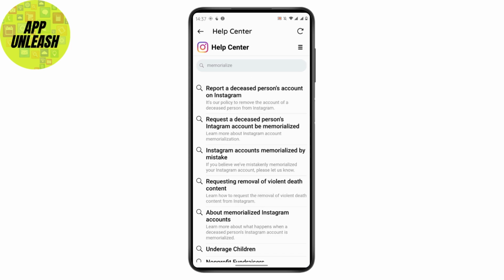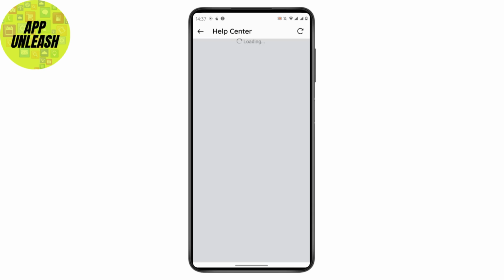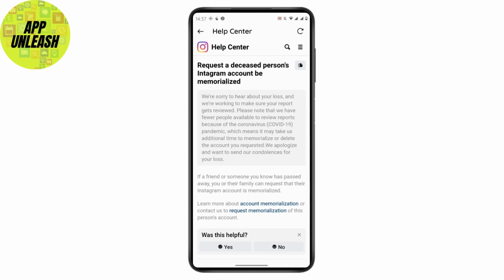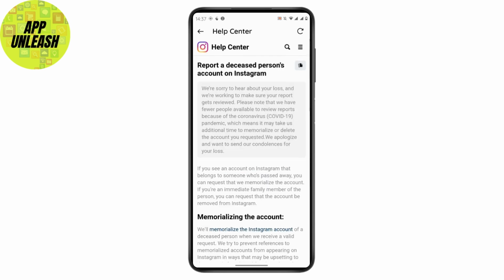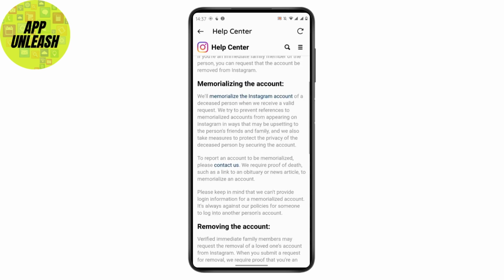So now you'll find a bunch of options, and the first option is report a deceased person's account on Instagram, and the second option is request a deceased person's Instagram account be memorialized. So what you can do is simply tap on that option, and after tapping on that option just scroll down and then tap on account memorialize, and after tapping on account memorialize now again tap on memorialize the Instagram